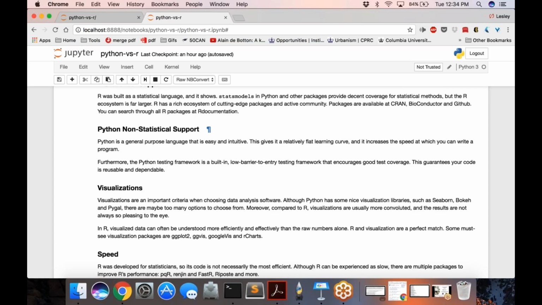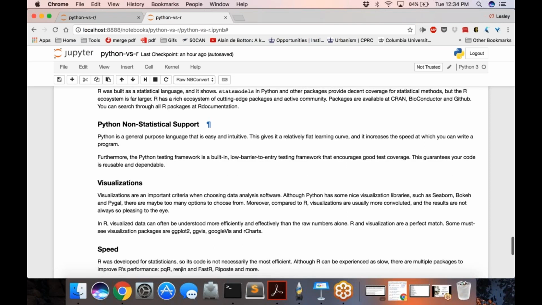So the learning curve, as I mentioned before, for Python is generally easier. So I definitely recommend it from the perspective of an instructor and someone who also once did have to learn both of these languages. Python is definitely much more readable and has a more general use for industry, I think. There are definitely companies out there who prefer using R, but Python, I think, is the more common language used.